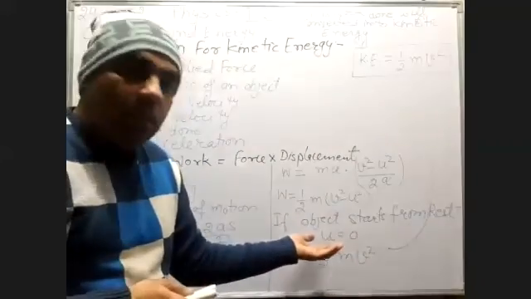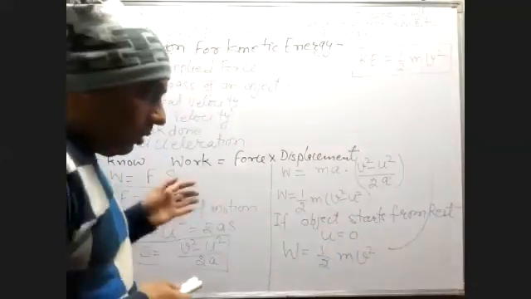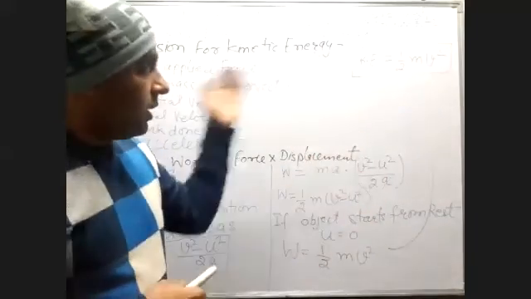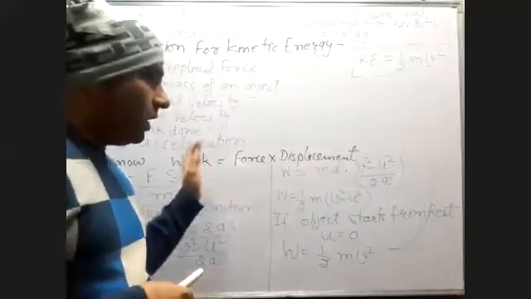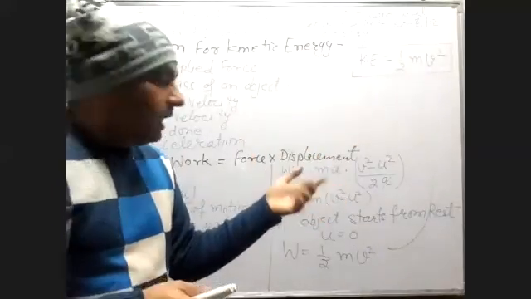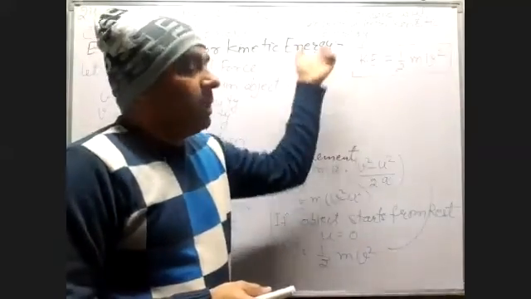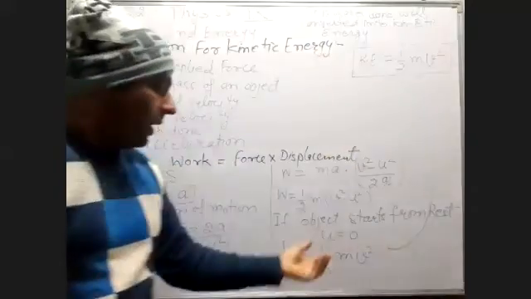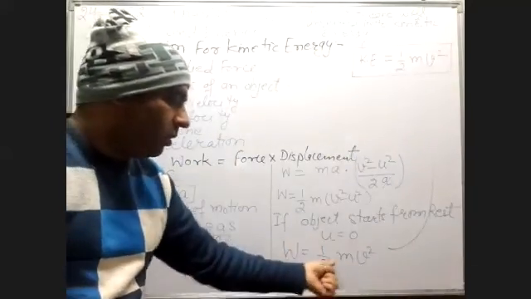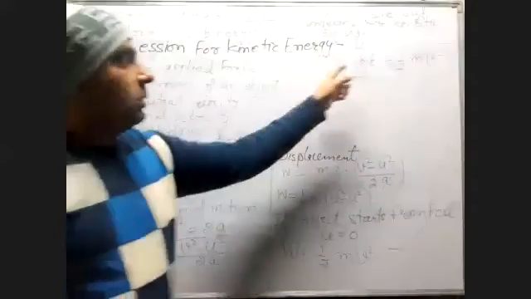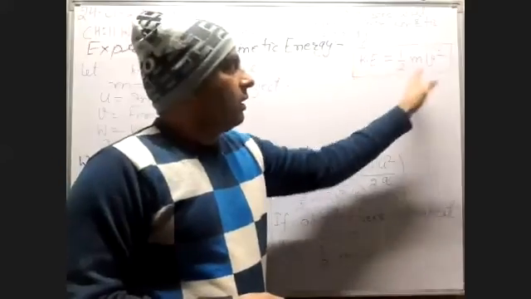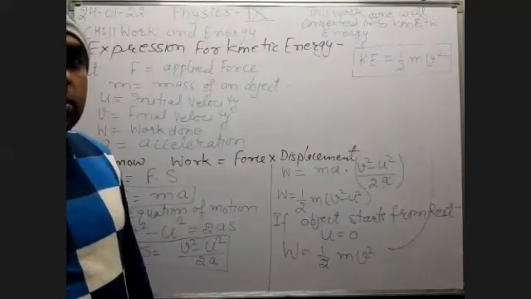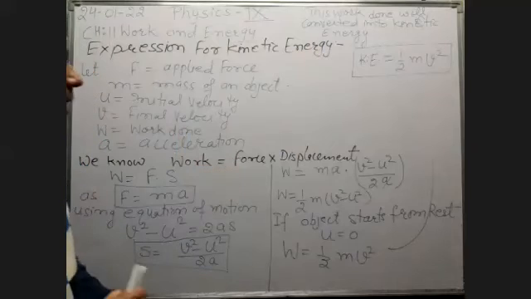Rest मतलब initial velocity will be 0, और हम कोई force apply करते हैं, after some time it is in motion, it is having some kind of displacement, force multiplied by displacement is work done. That work done will be stored or will be converted into kinetic energy. तो वर्क डन का एक्सप्रेशन हमारे पास क्या है, 1 by 2 mv square, यही काइनेटिक एनर्जी की फॉर्म में स्टोर रहेगा ऑब्जेक्ट में।